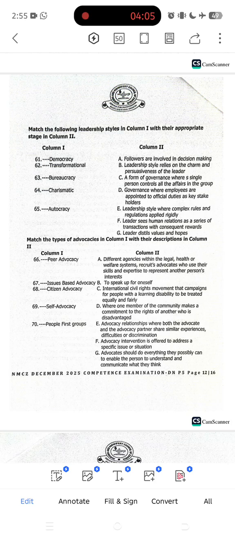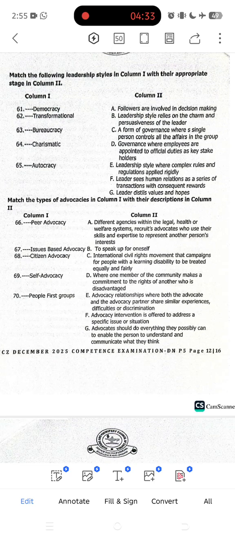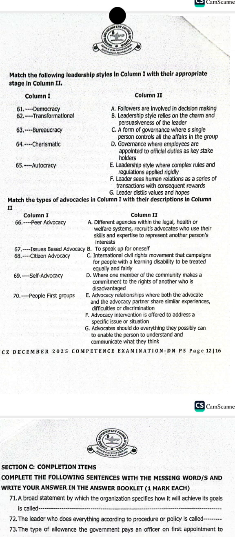So you read everything in column 1, in column 2, all the options. That's when now you start answering. So 61, democracy is A. 62, which is transformational, is G. 63, which is bureaucracy, is E. 64, which is charismatic, is B. 65, which is autocracy, is C. Then we go to the one for 66. The one for 66, we are saying,